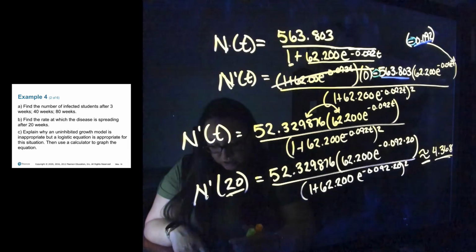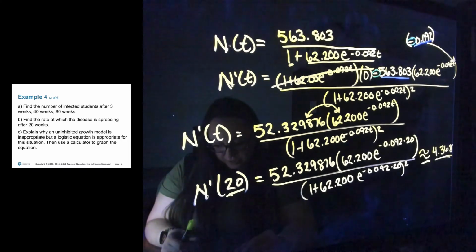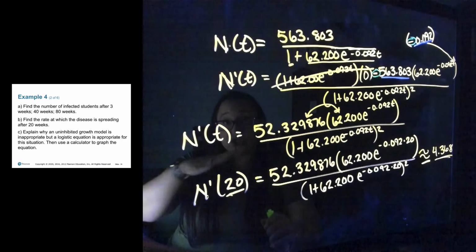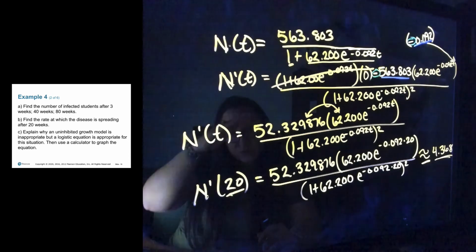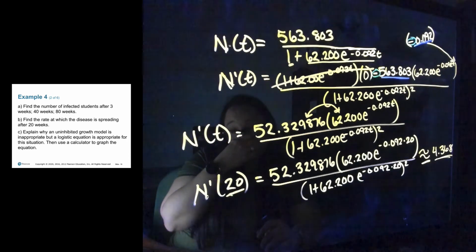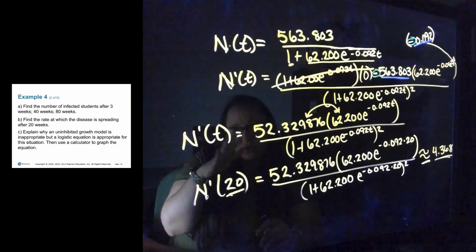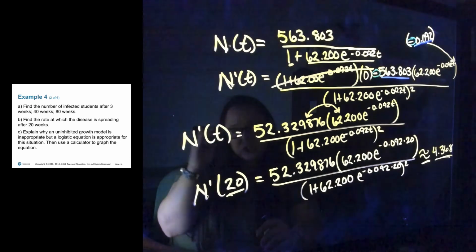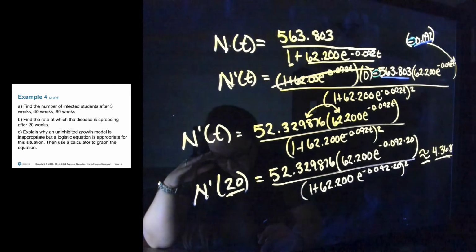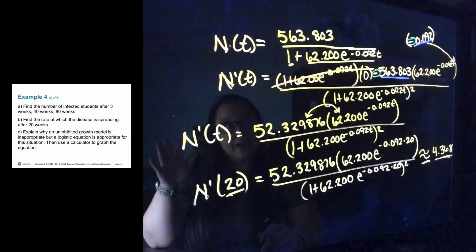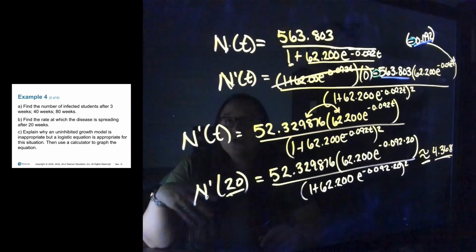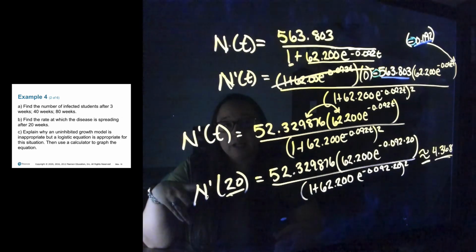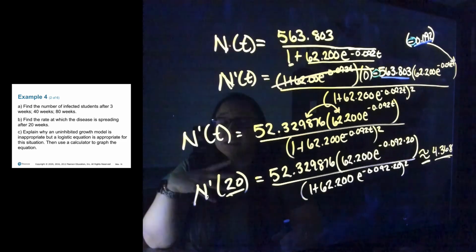So the logistic equation displays the rapid spread of the disease initially. It shoots up really quickly, as well as the slower growth at the end. So as there's less people to be infected, it's still going to grow, but the rate of infection is going to slow down. So that is why this logistic equation would be most appropriate for modeling this MRSA outbreak